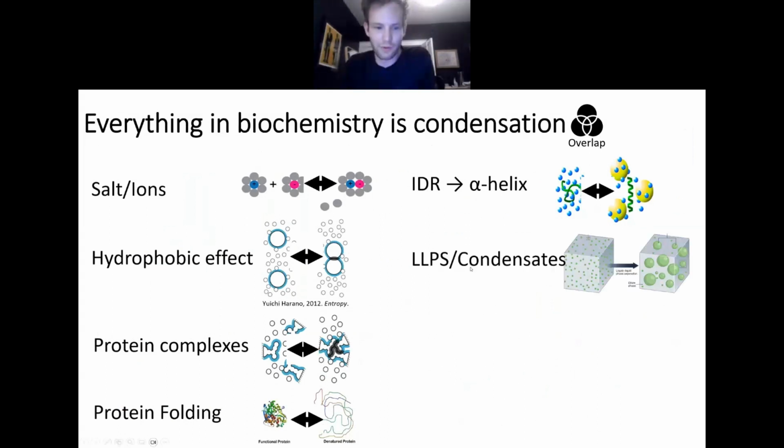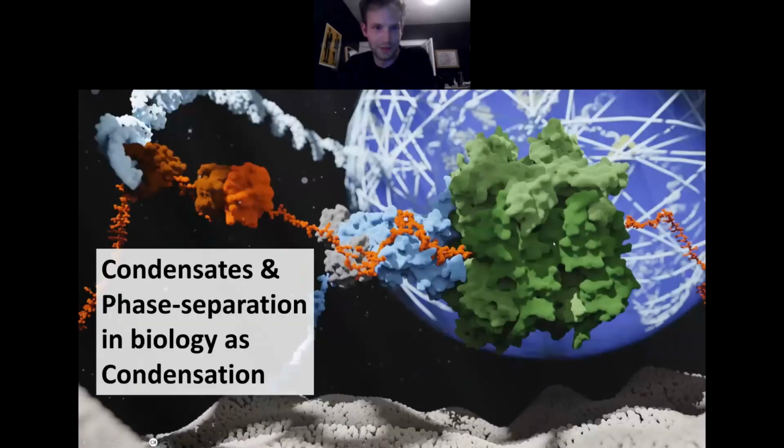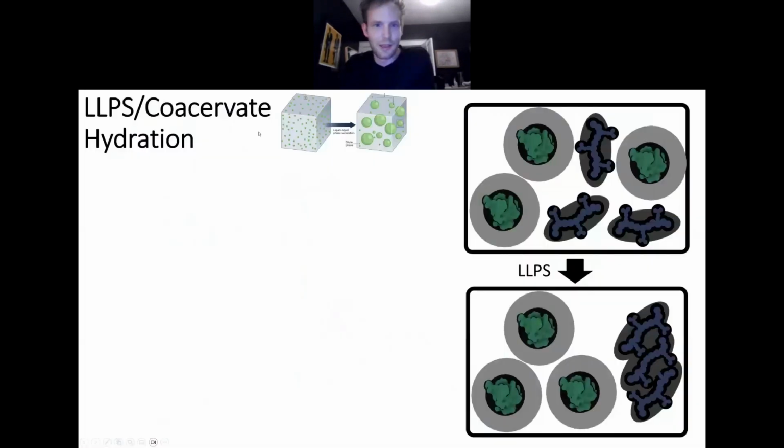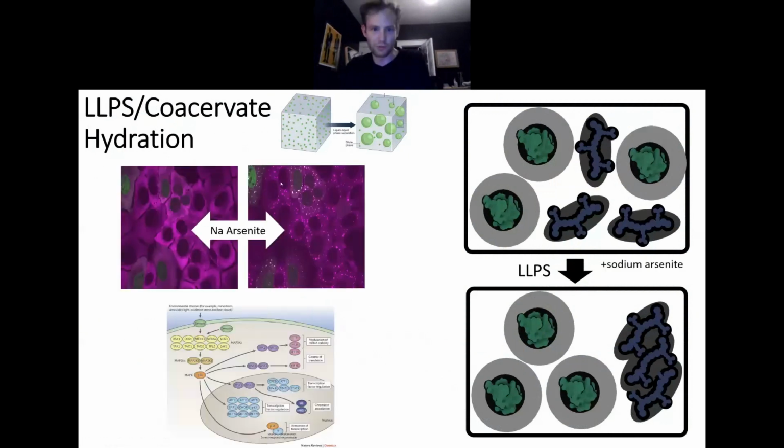Now that I've given a definition of water activity and osmotic pressure, let's go on to understanding how liquid-liquid phase separation and condensates might be functions of water or condensation reactions. So condensates and phase separation in biology as condensation, and what I'm getting at is co-aspirates and hydration. If I'm looking at stress granule formation in cells, like by adding sodium arsenite, we might think of this in the sense of a stress pathway, like a chemical stress pathway. And this is useful for understanding some things, but